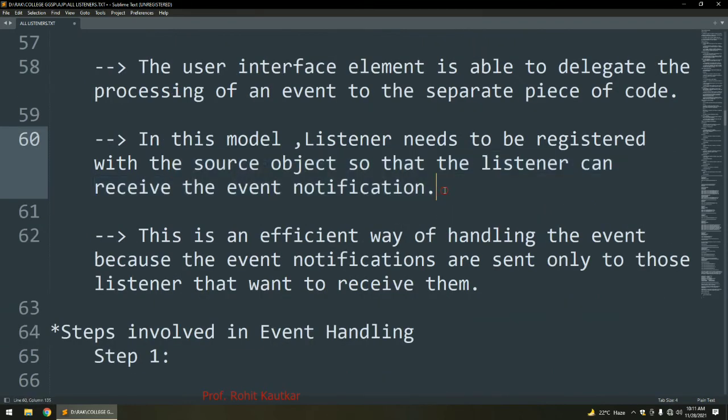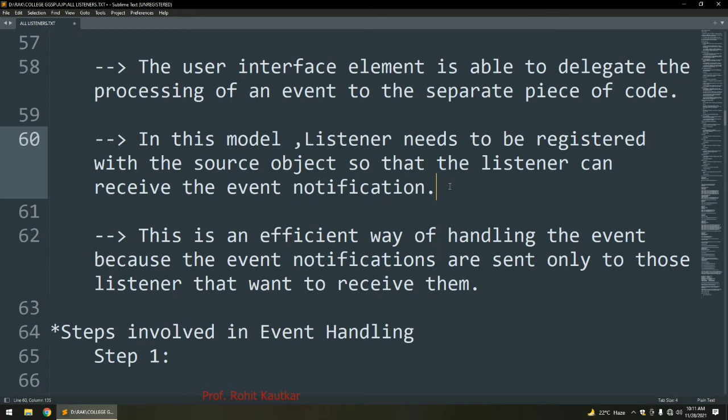In this event delegation model, you register your source with the listener, so the listener gets notification regarding the event that occurred.